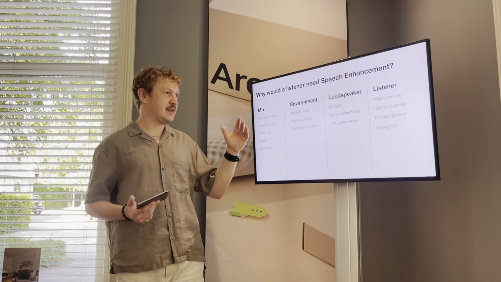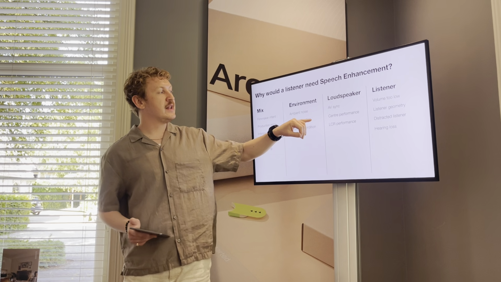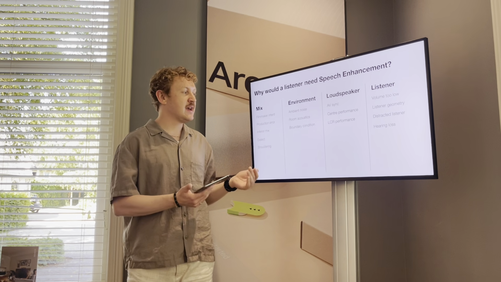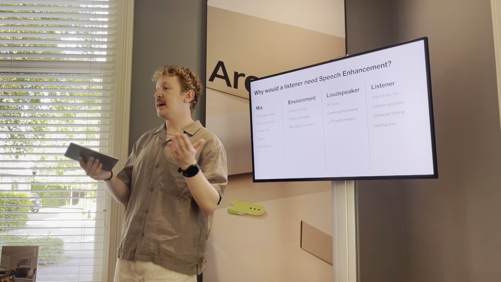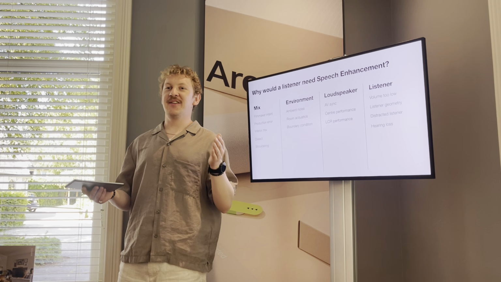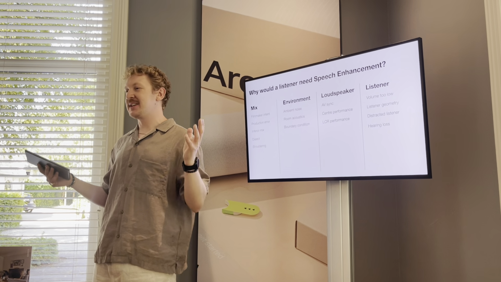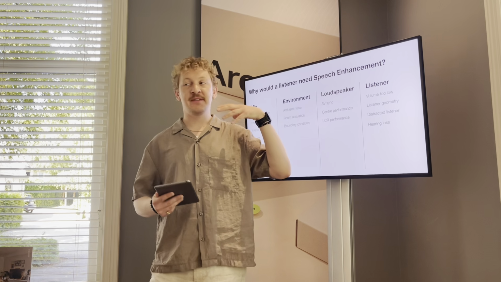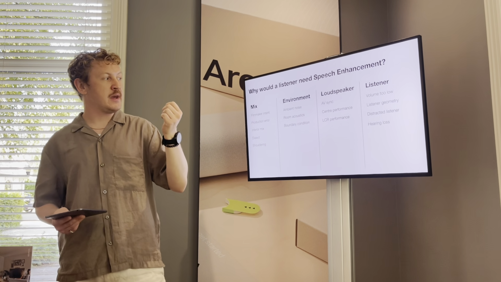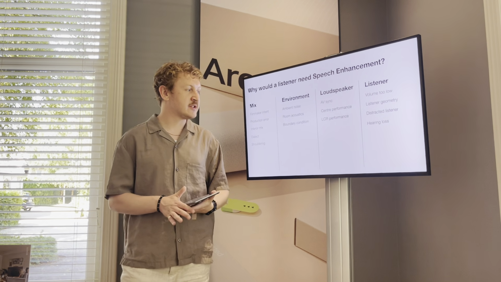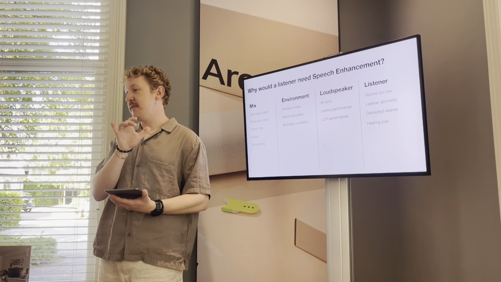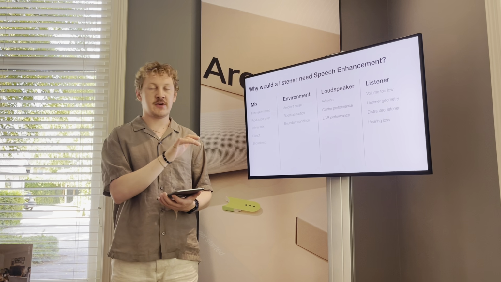But as I said, looking at the problem holistically, the sync could be off, we've got center performance issues, the left, center and right channels might not be integrated properly, so left and right might be a bit too loud, clouding that dialogue in the center channel. And then the listener themselves might have set the volume too low, they could be off axis, they could be distracted. And a big one here for us is the fact that they could actually have a bit of hearing loss.